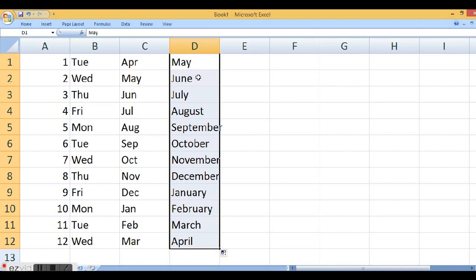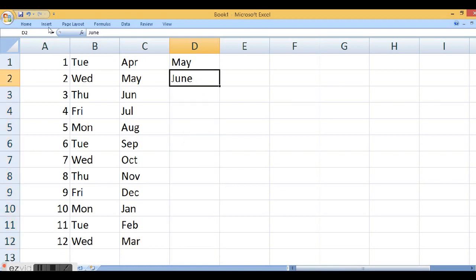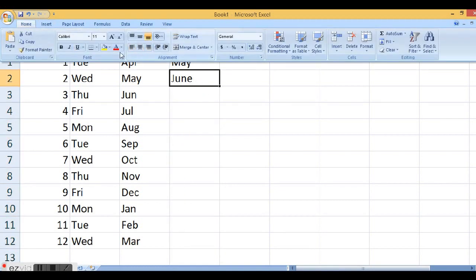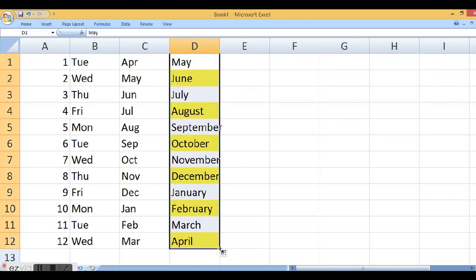The other important thing is, see, I entered May, June, and I am going to format it or fill it. Now if I drag it, it fills with months, but I don't want formatting, so I choose fill without formatting.